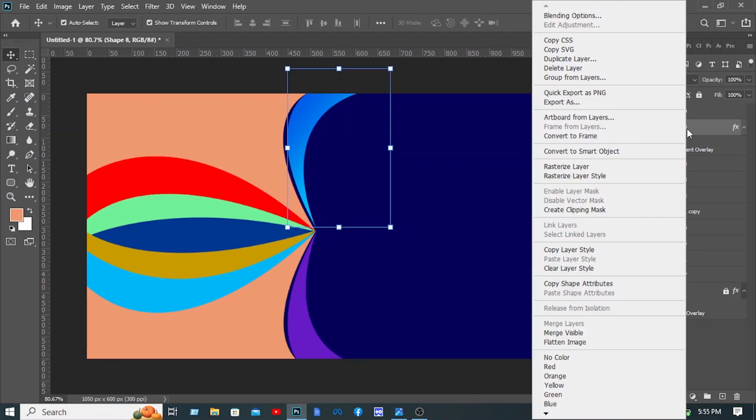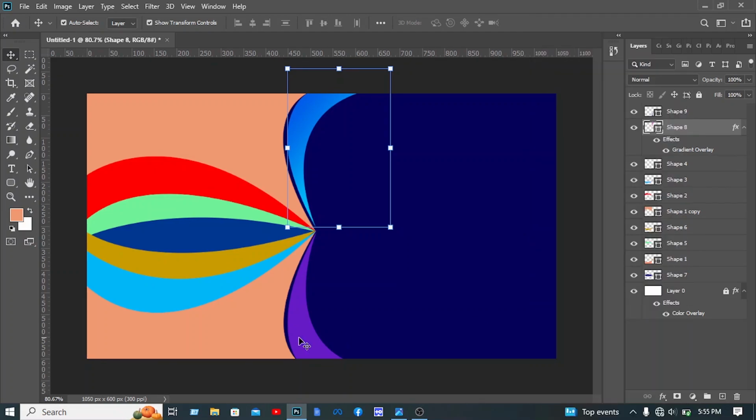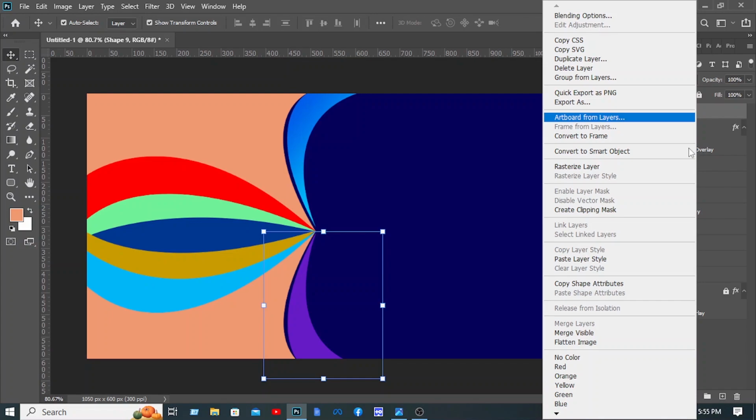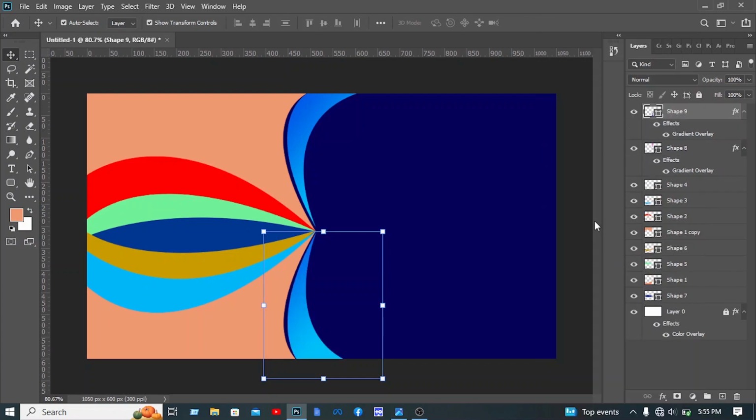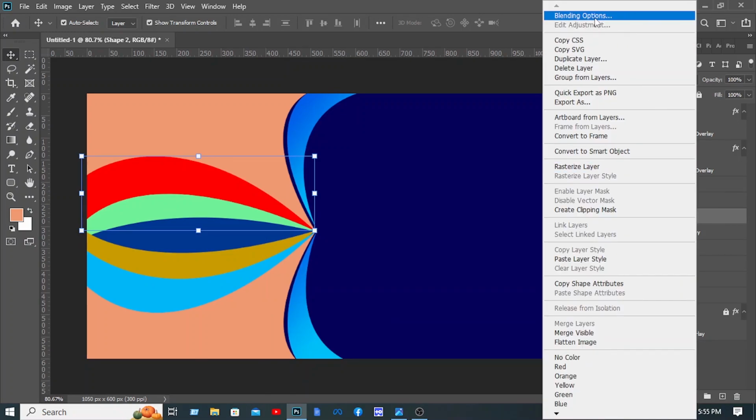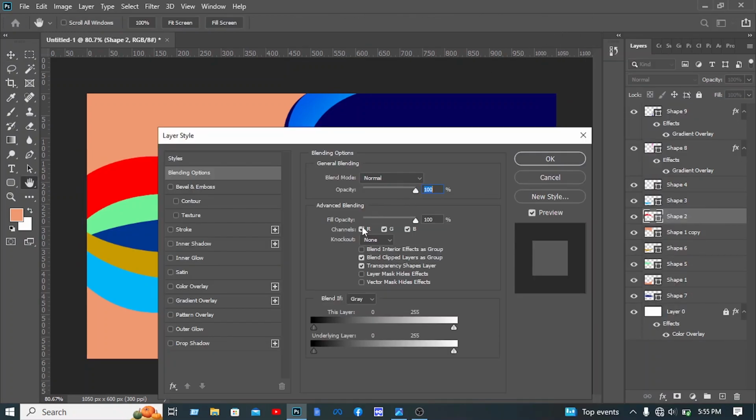Then you have to right click on this layer, then click on the copy layer style, then select this layer, then right click on this layer, then click on the paste layer style, then select this layer, then right click on this layer, then click on the blending option,